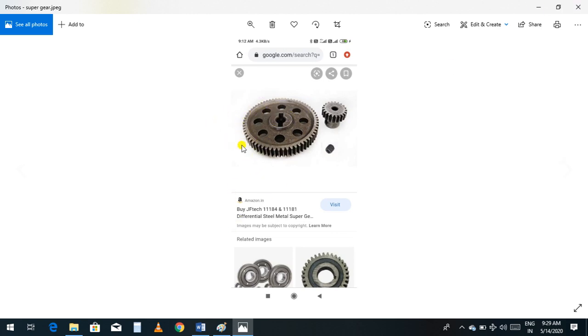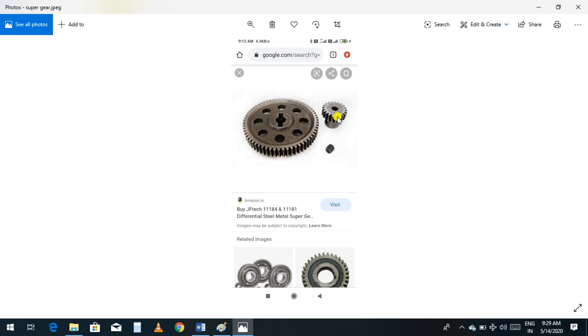This is the normal gear, and in this gear you can see equal spacing of all the external teeth. So this gear is called a spur gear, and it will rotate like this, or else like this, clockwise or anti-clockwise.